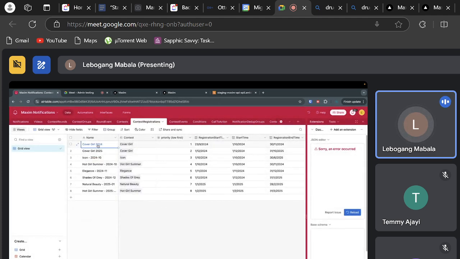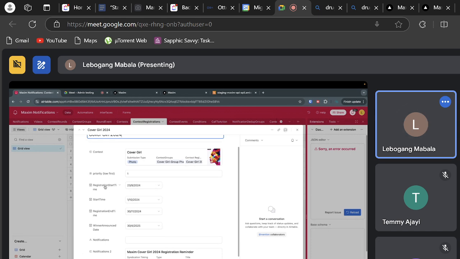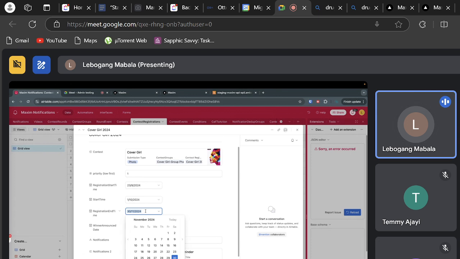So looking at CoverGirl 2024, the start date of registration is the 23rd of November, which was yesterday. And the end day is the 30th of November, almost a month from now. That's when it's open, so that's when you can join.